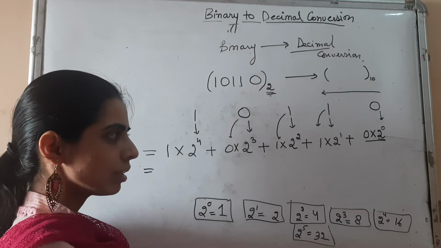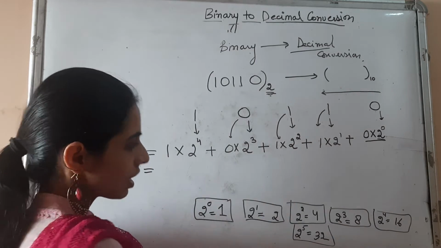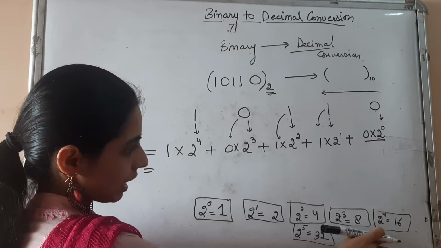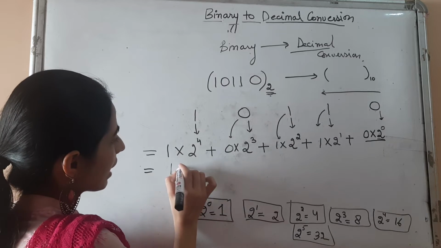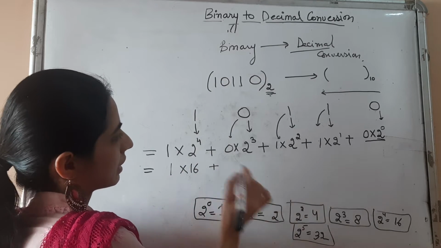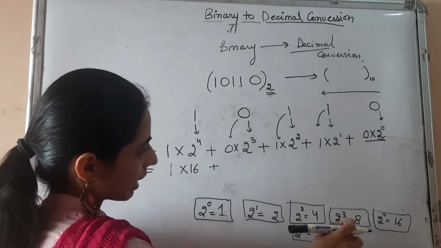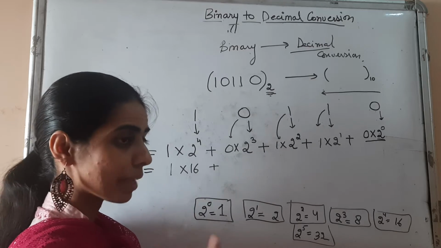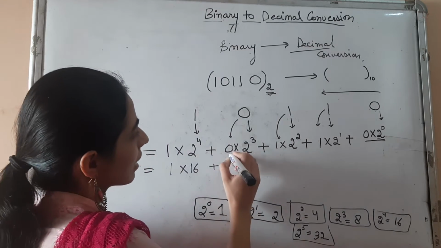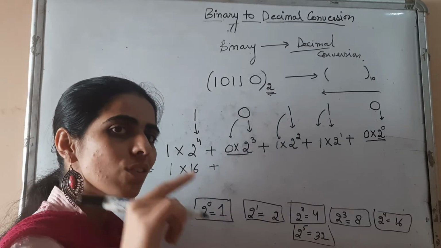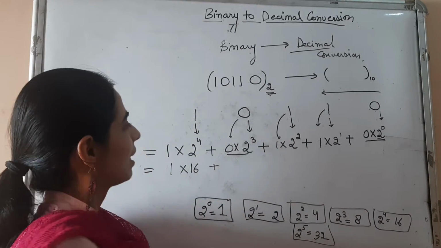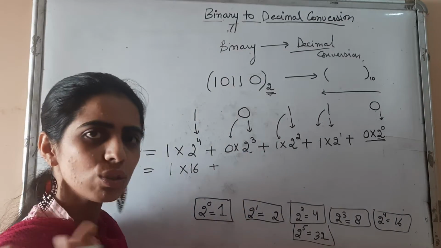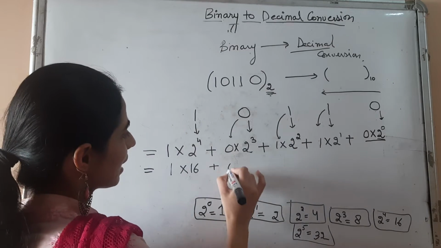So let's solve it, children. Very easy task for us. We know these powers, we can do it easily. So 2 to the power 4, we know it is 16. 1 into 16, plus 2 to the power 3, which we know is 8. But one small thing, we need to use our common sense a little, which could make our work easier. Any number multiplied by 0 is always 0. So no need to use our brains here, simply write a 0.